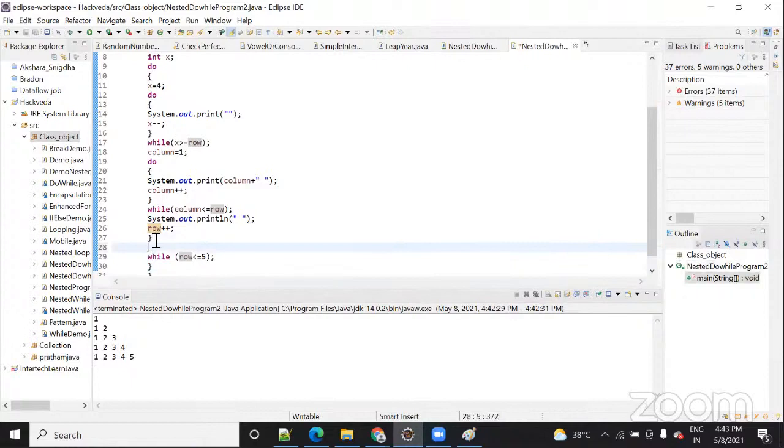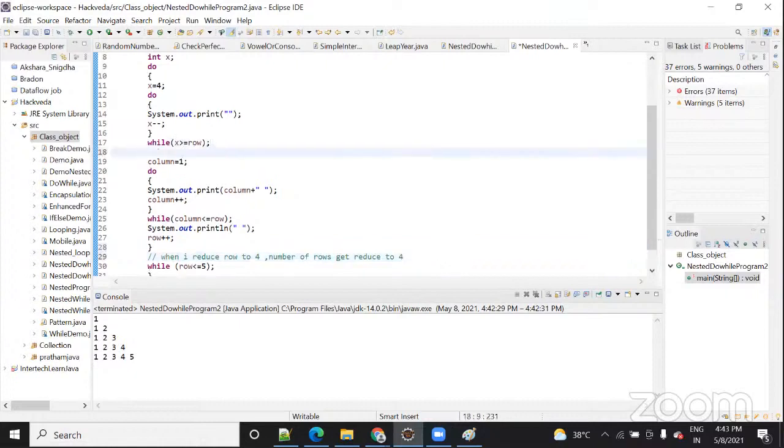Like here you can make a comment: when I reduce row, the number of rows gets reduced. So in this way, when you solve it, it will be easy for you to understand the flow as well as to get the output.